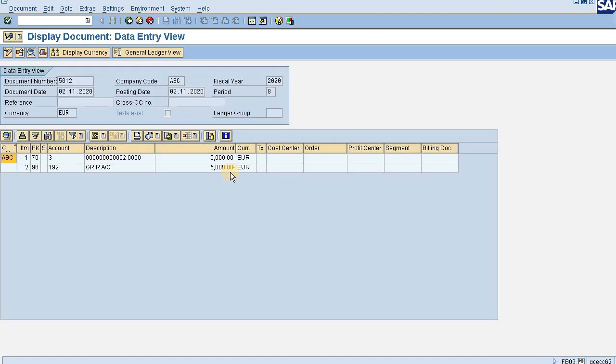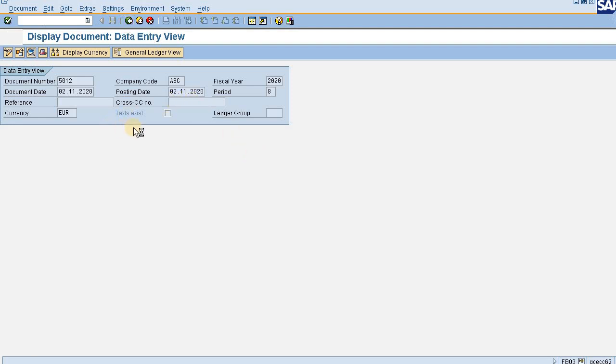So the accounting document is this. See, asset 2 has got debited, meaning the asset is coming in, so the asset is being debited with posting key 70. Posting key 70 stands for asset debit. So the asset is being debited and the GRIR account is being credited, which is absolutely fine as expected.